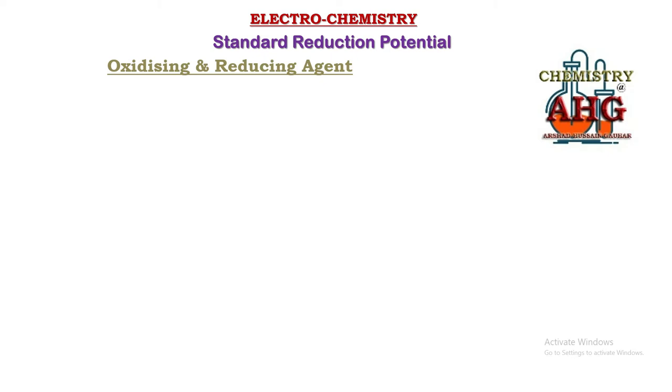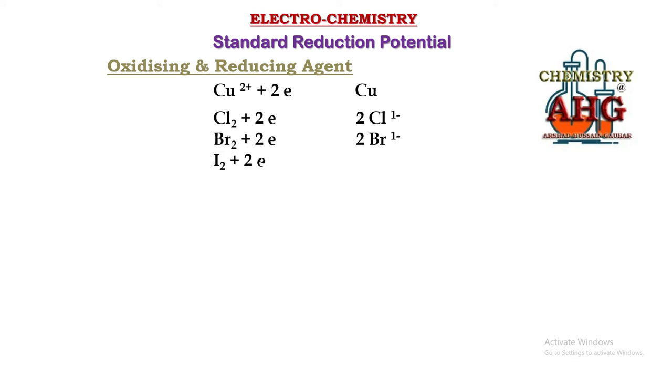Now mostly whenever you are asked to identify the oxidizing agent and reducing agent, you can be given a set of chemical equations for a number of different half cells. Like you can see, I'm giving you chemical equations for a number of different half cells. I will also provide you standard reduction potential values for each of these half cells. Now you can see we have half cells for copper, chlorine, bromine, iodine, and iron 3 and iron 2.